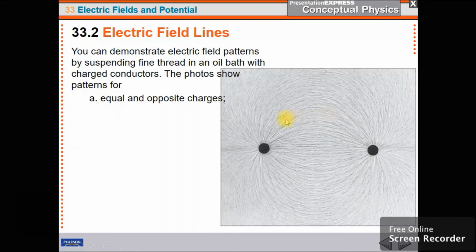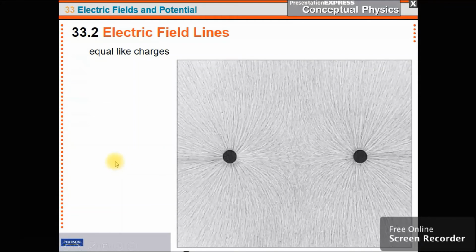in the picture. So if you put a small positive test charge right here, and let's say that the negative is on the right, you can see how a positive charge is going to move along this field line and follow it in until it, bang, hits the negative conductor, because positive would go towards negative. So this is exactly what it looks like in space. Those threads are showing the field lines. Pretty cool.